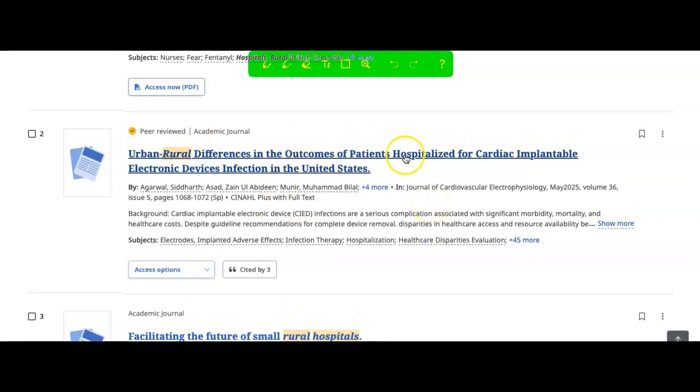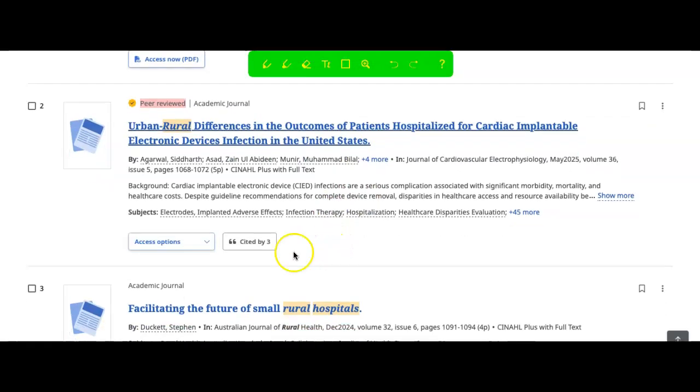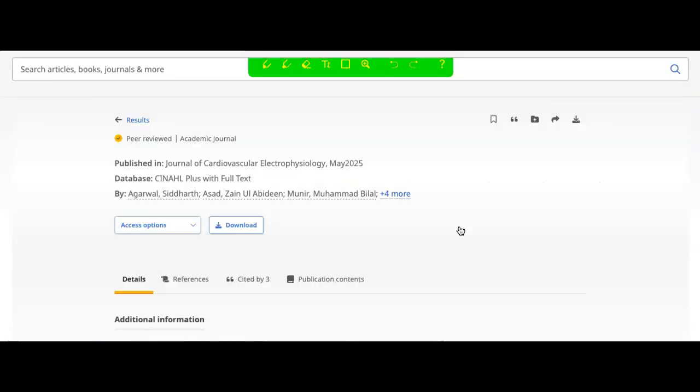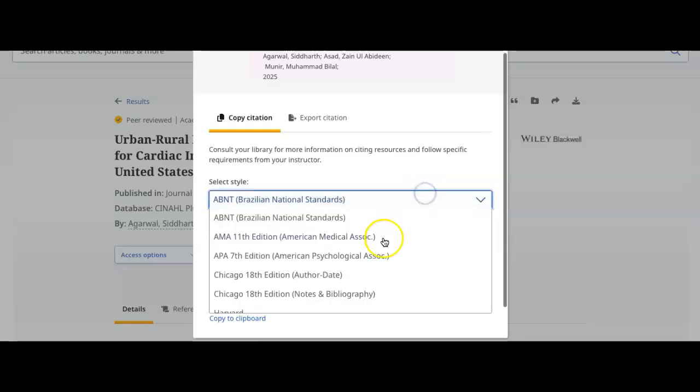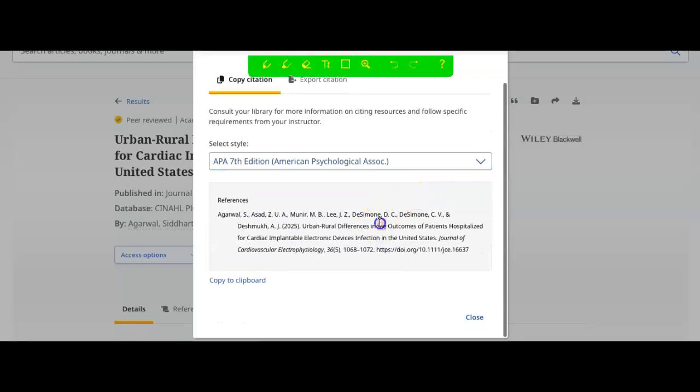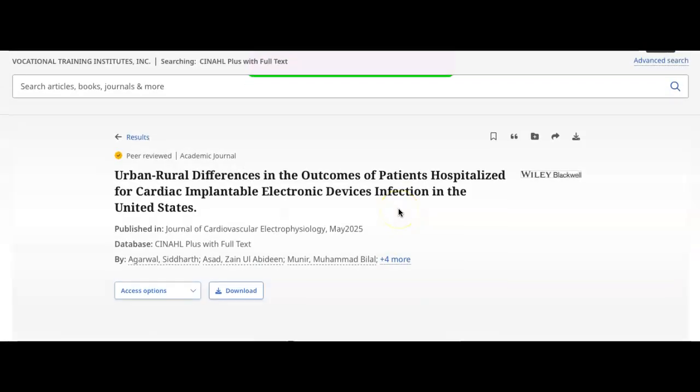One thing that I want to show you, so you want to make sure it says peer-reviewed. That means it's an academic journal. And one thing that you could do is click on the link. All right, when you bring that up, what I like about online libraries, you click Cite here, and it'll tell you how to cite. We want to cite in APA, so we go to APA 7th edition. You just copy and paste it. It usually includes a DOI as well, which is going to be essential for making sure that you're in APA format. So, an easy way to get your stuff for your paper,